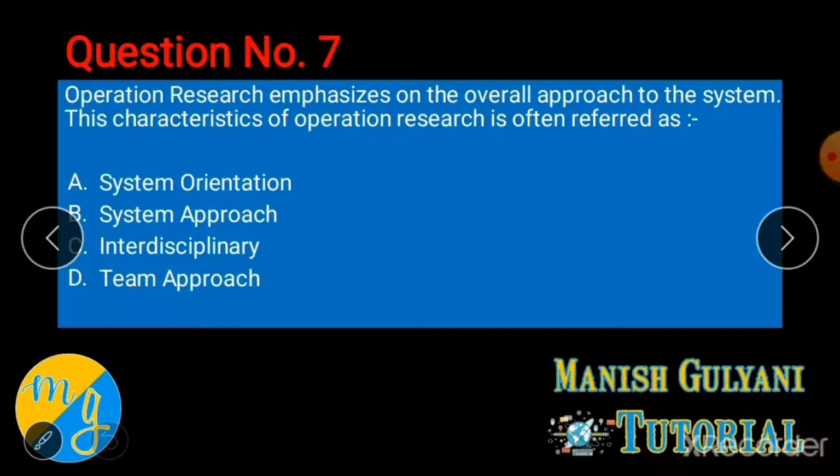Third one is objective oriented approach. Objective oriented approach means under OR the first step is you have to identify your problem, that is your objective. Suppose your problem is sales maximization, so that's the objective. At the same time that's the objective of the organization: I have to maximize my sales. Clear? So it works according to the objective of the organization. So firstly you have to define your objective, that is your problem. That's why it's called objective oriented approach.